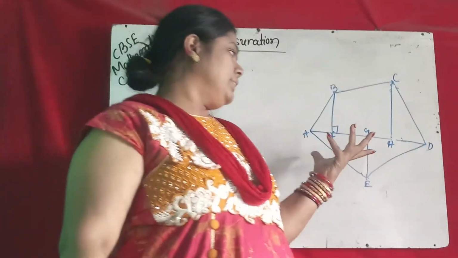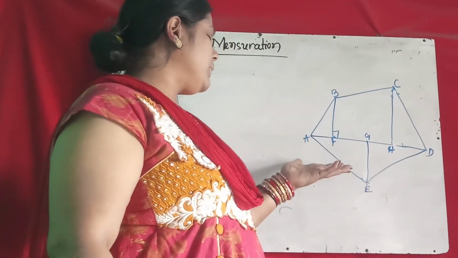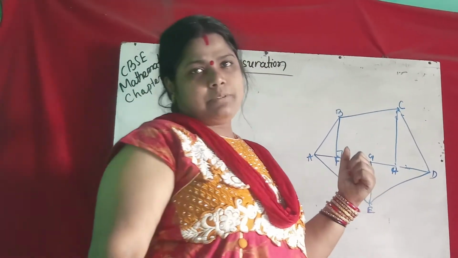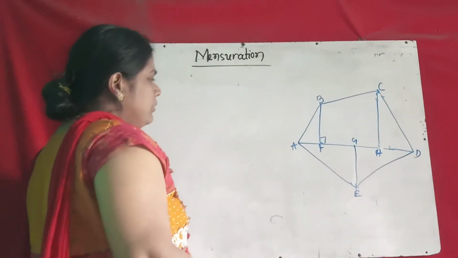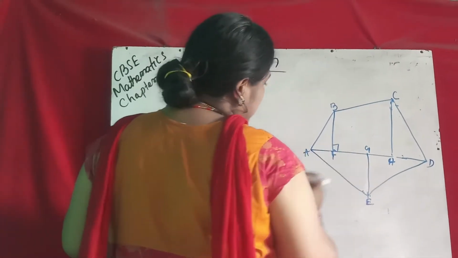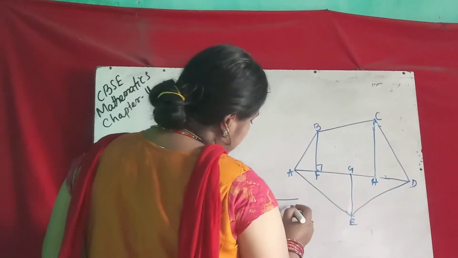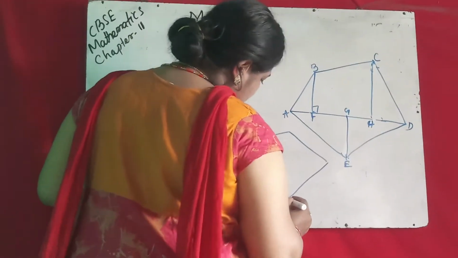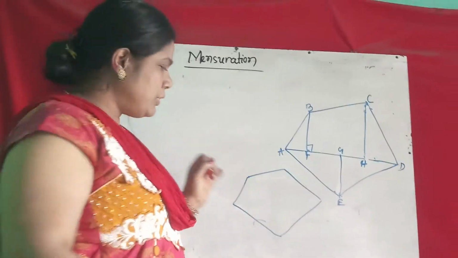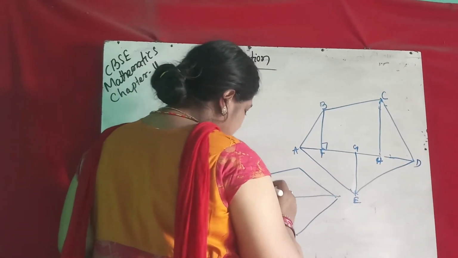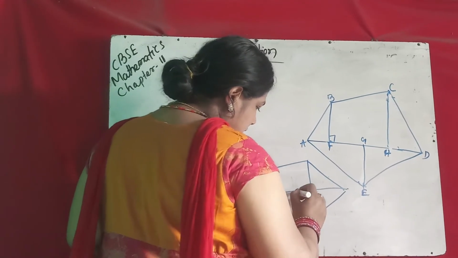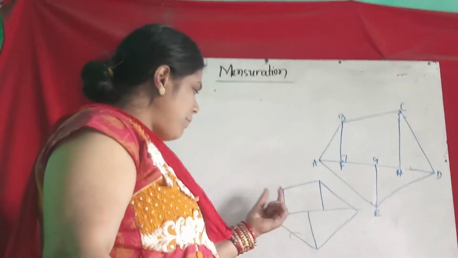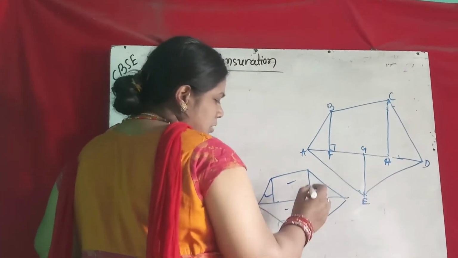Now this is a polygon, but it is not a trapezium, not a rhombus, not a quadrilateral. So how can you find the area of this figure? Suppose I draw the outline of this figure. You have to divide it into different parts. Suppose I draw a line here, another here, another here. Then it is divided into trapezium and triangles, and you have to find the area of every part individually.